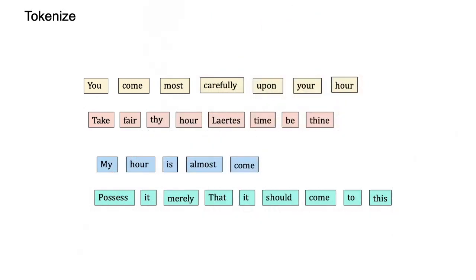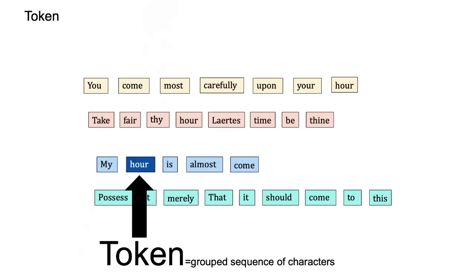What's funny is that tokenize nowadays means something else in the context of crypto. But anyway, it existed before as a word. So tokenizing just means splitting by space like this. But I wanted to come back to this example of last week in terms of the words that we use. So I already told you about the word term and the word token, right? So token is what you get when you have done this separation by space, right? So our is a token. It's a grouped sequence of characters.